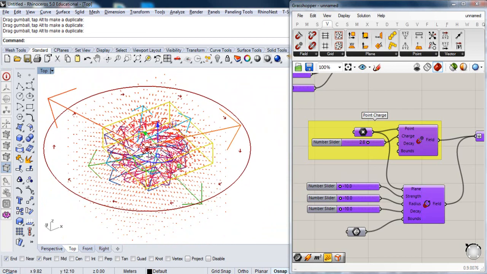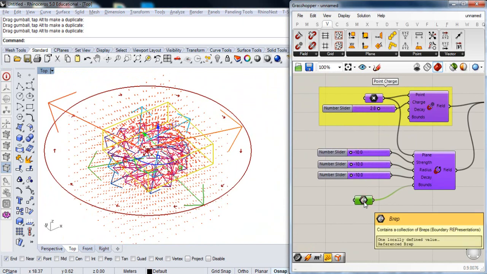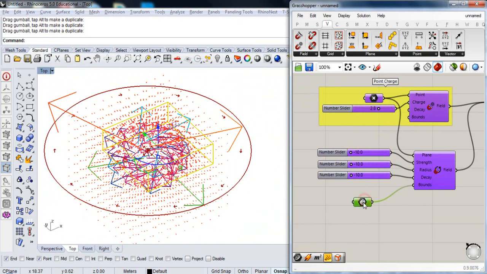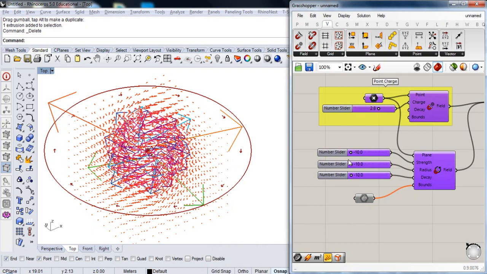And you can obviously use different points as well. So let's disable that box. I'll just delete it. And